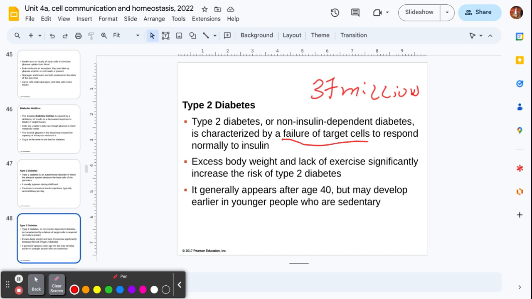Usually it appears after the age of 40, but it can appear in younger people. There is childhood diabetes as well, type 2 diabetes, in younger people who are really sedentary, with terrible regulation of what they're eating, and a very sedentary lifestyle, not really doing anything. It's definitely an issue that's become